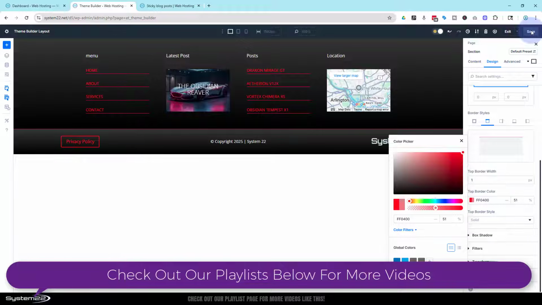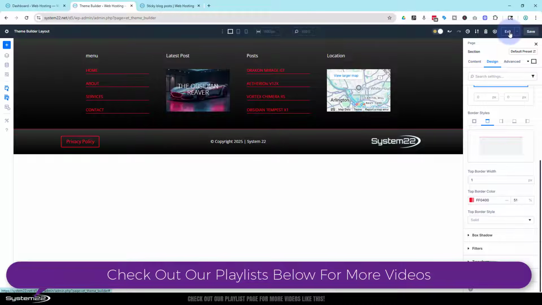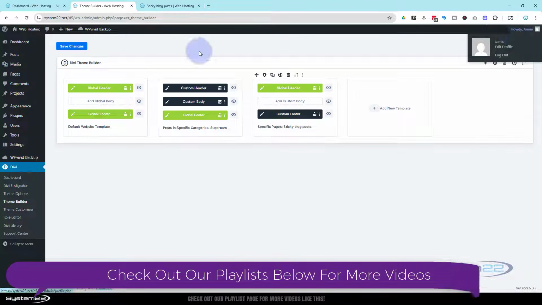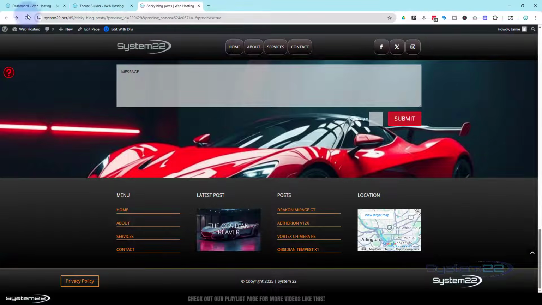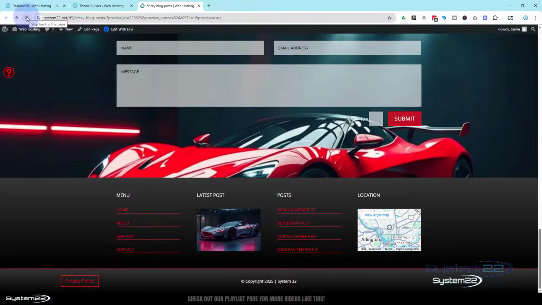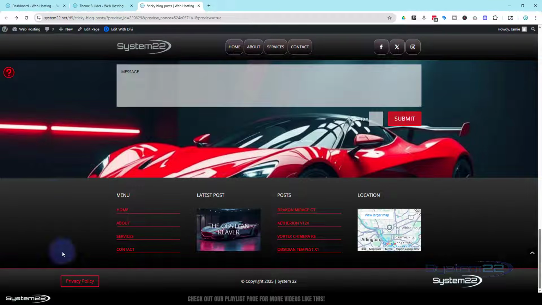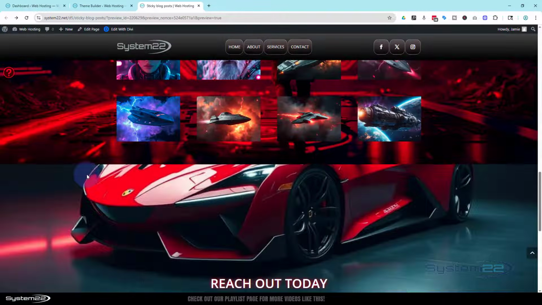Fantastic. When you're happy, save your changes. We'll exit. Make sure that all the changes are saved on this page. Now if we go back to our page here and refresh, it's changed to the red, which blends in a little bit better. And that's just going to be